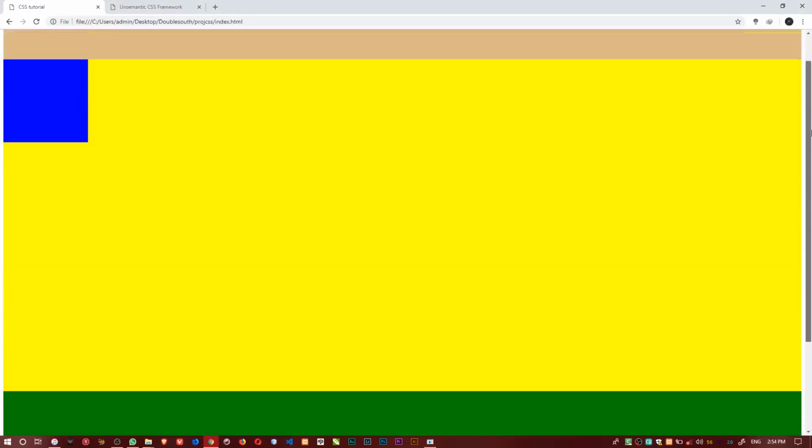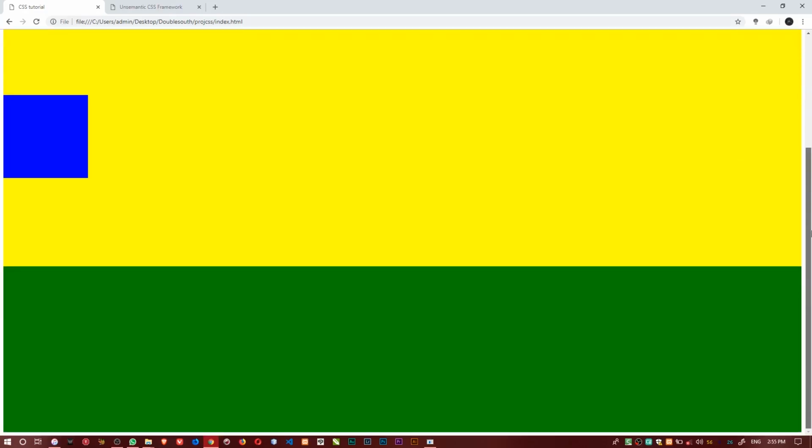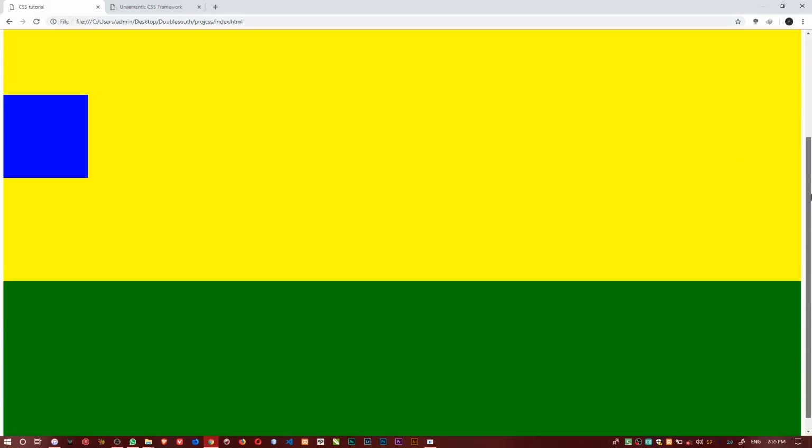Now you see how it moves when we scroll. Now if I come to this div, I can give it a position of fixed, because that's one of the values of the position property. If I give it fixed, this blue div will remain in this position even as we scroll. You see, it doesn't go out of this place. It stays just there like this.